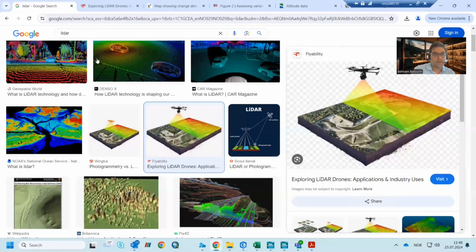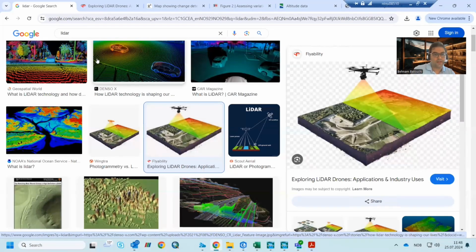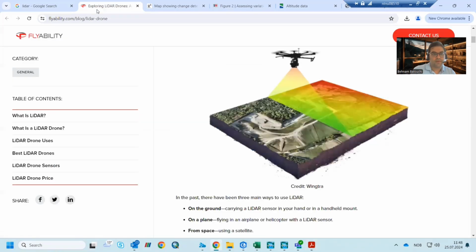the lidars, but you can easily search lidar on Google and have so many information about it. So as we know, lidar used